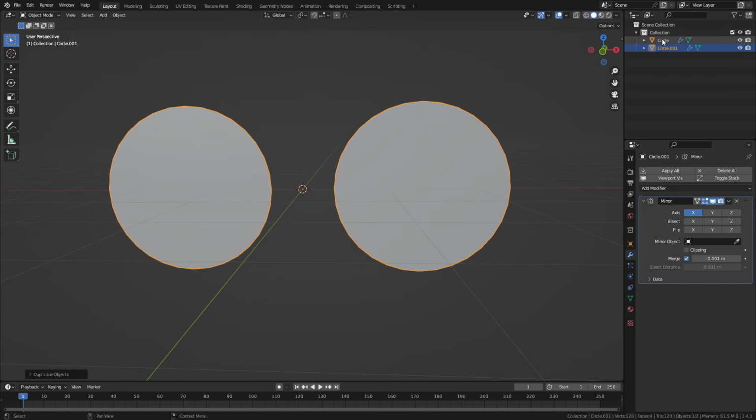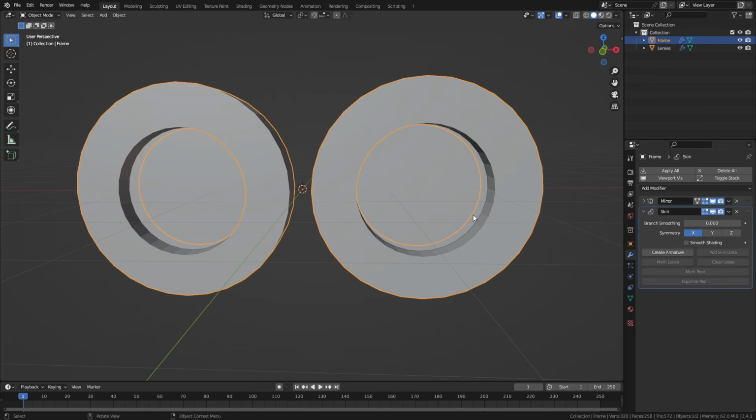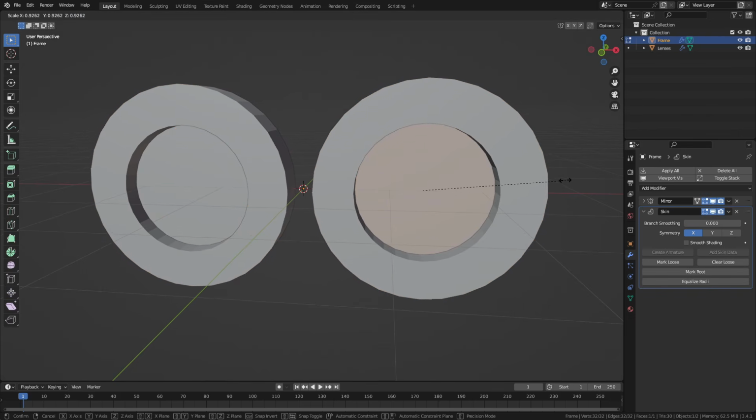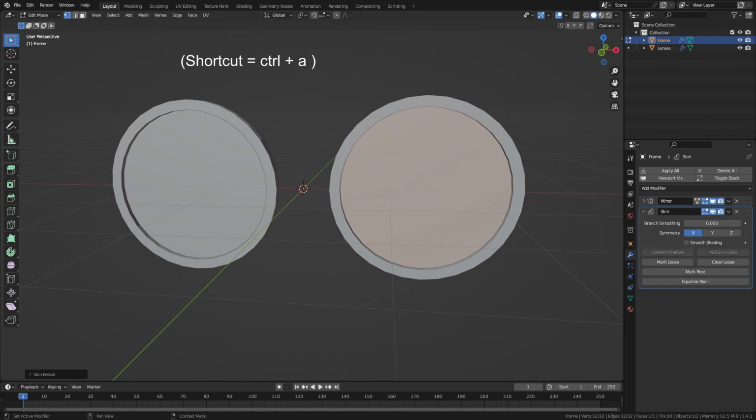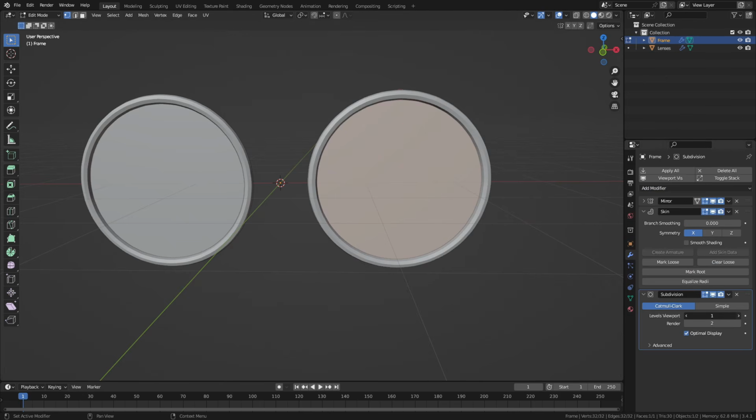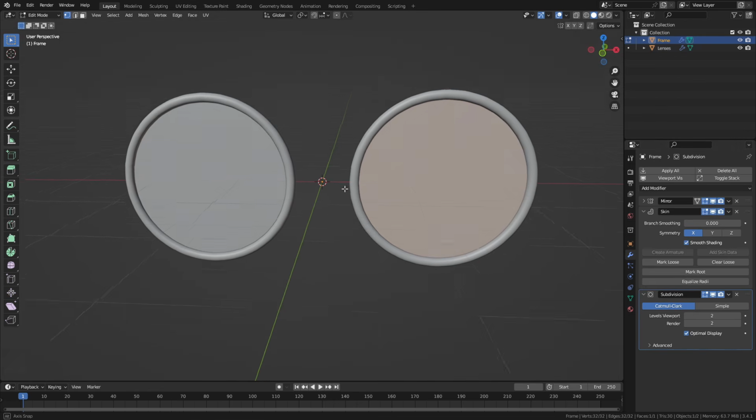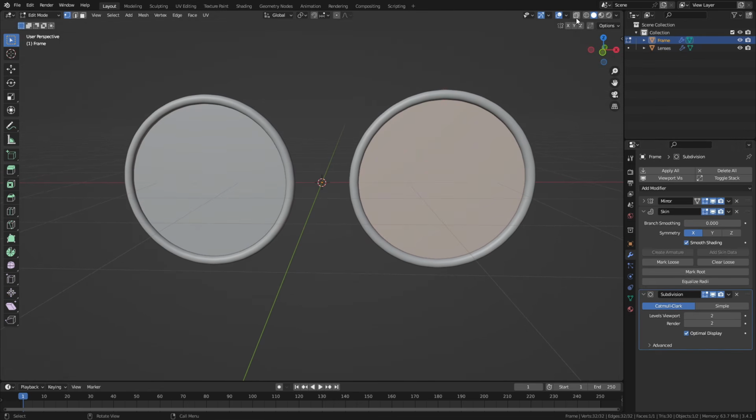So these are the first object here. This is our lenses. And then the other part here, this is the frame. So we'll go in here, and then we'll add a skin modifier. We'll go into edit mode, scale this down, and then we can add a subdivision surface modifier, 2 levels, just to make it look nice and smooth. We'll enable smooth shading on this, and then we'll